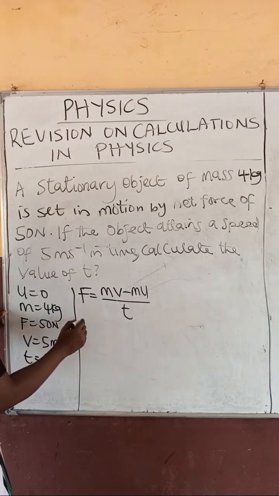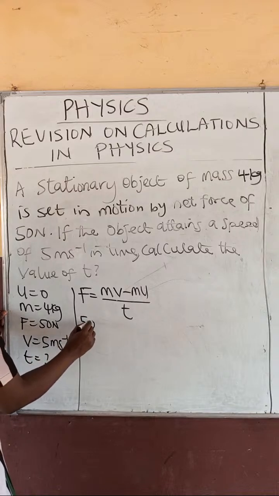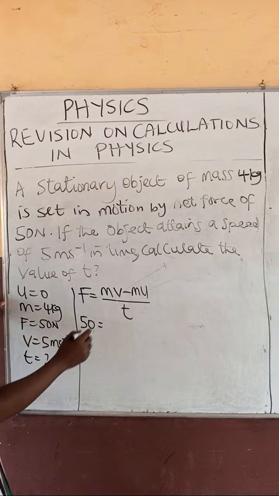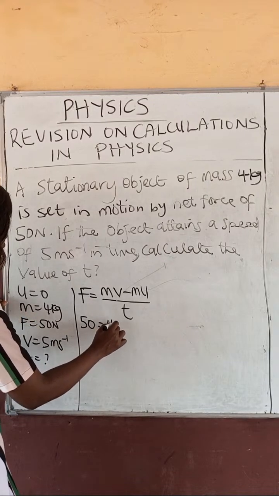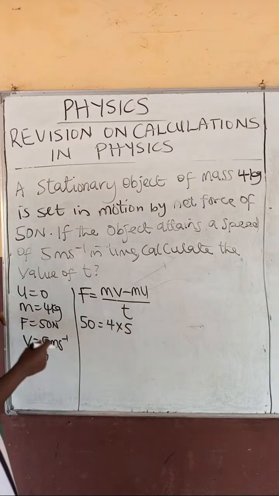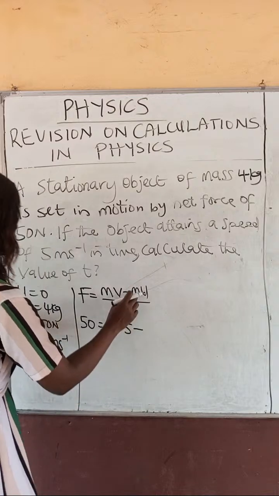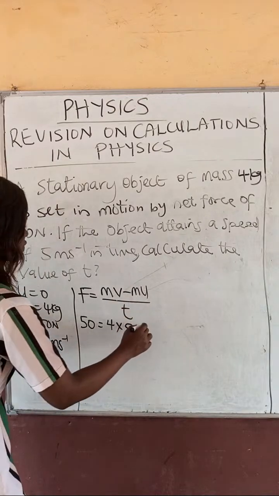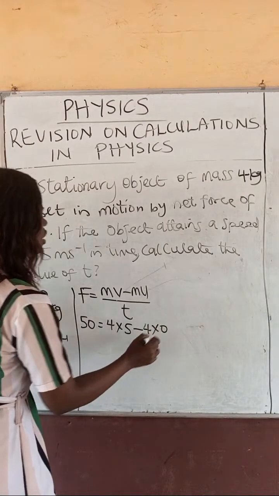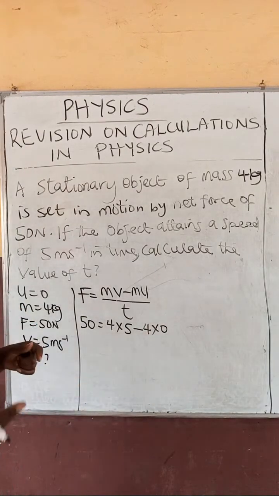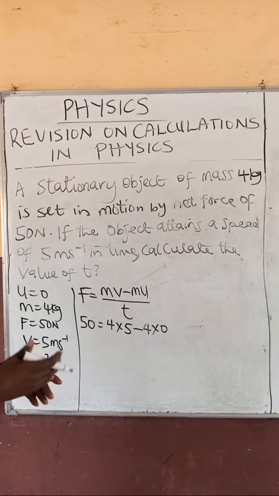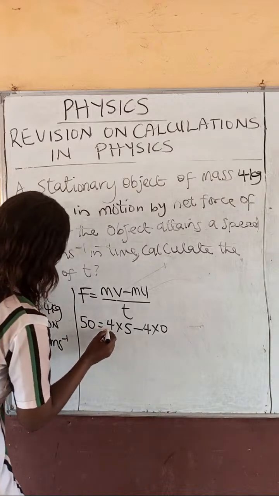What is my force? My force is 50 is equal to, what is my mass? My mass is 4, multiplied by my final velocity, which is 5. Okay. Then minus, what is my mass? My mass is 4, multiplied by my initial velocity, which is 0. I've already explained why it is 0, because the object was stationary. It was at its state of rest before making movements. All right, so you're looking for